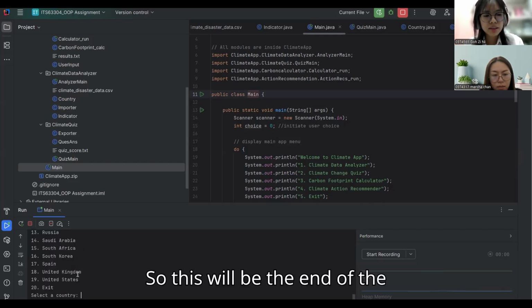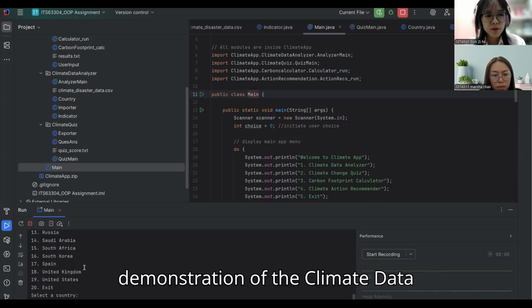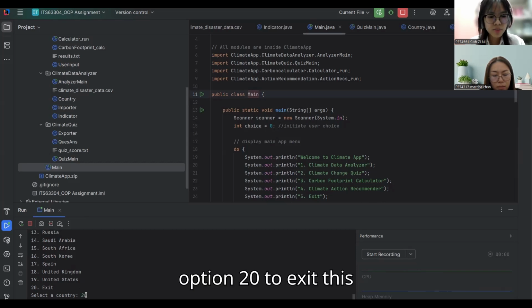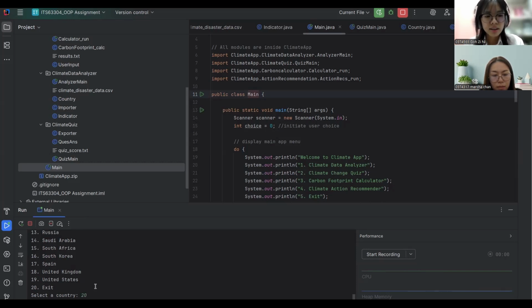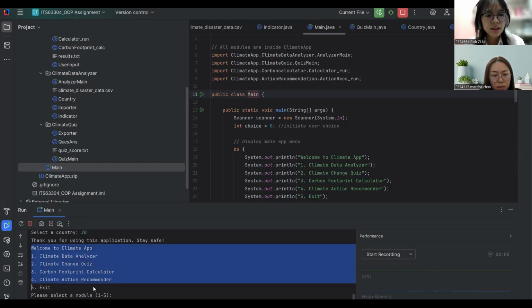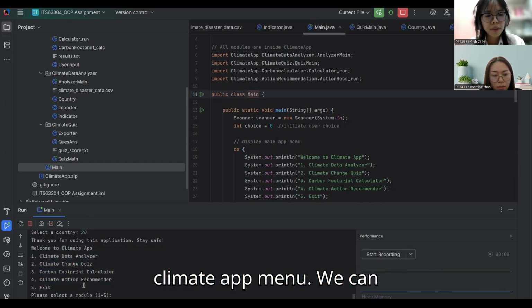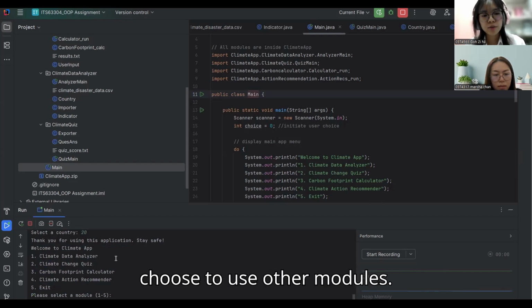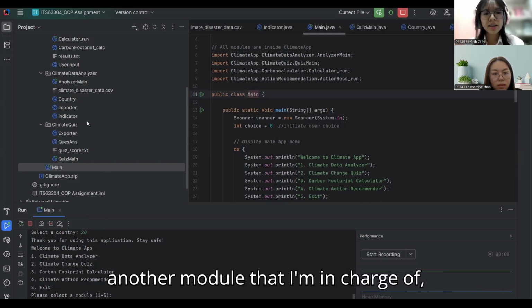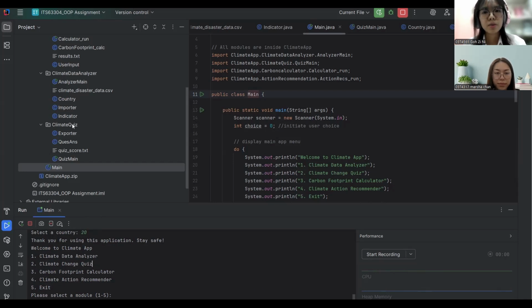So this will be the end of the demonstration of the climate data analyzer. Then I'll enter option 20 to exit this module. After exiting this module, it will loop back to this climate app menu, and so we can choose to use other modules. Then moving on, I'll be explaining another module that I'm in charge of, which is the